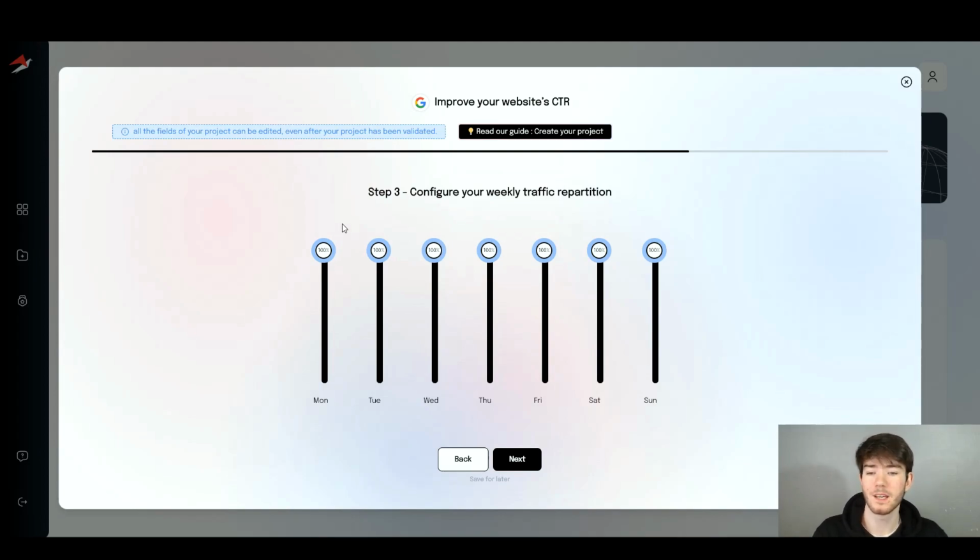Maybe your website isn't as active on a Monday, so you might want to turn that up to make it active throughout the whole week. It's recommended that you keep them all on 100% for the best outcome, but again, you can play with this and make sure it best suits you. It's really great for giving full control over your analytics and over how your traffic is sourced. Overall, I think this is a great section and we don't really need to change much. We're going to leave it all on 100%. So once you are happy with that, you can click next and move on to the fourth